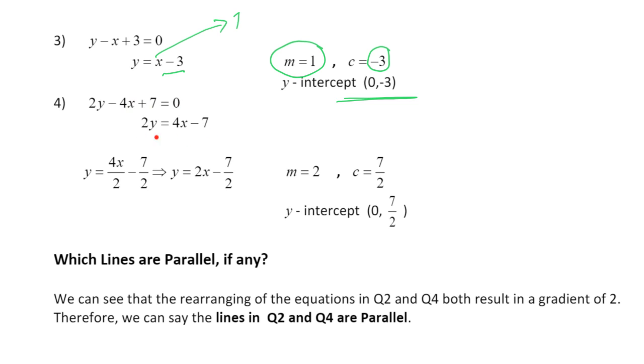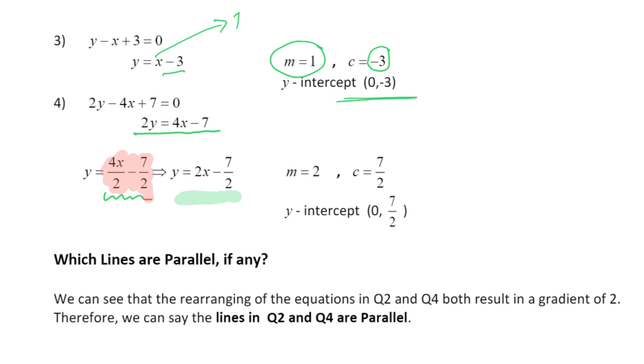So ultimately what we've got is, to start off with, the y on the left-hand side alone, the x and the number on the right-hand side, and then we just need to take the 2y down. The opposite operation to 2 times y is a divide. We've shown the division as a fraction, so 4x over 2 is the same as a divide, and that gives us our final answer, which is y equals 2x minus 7 over